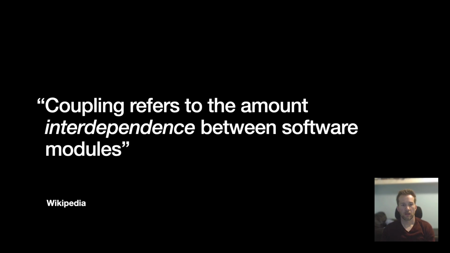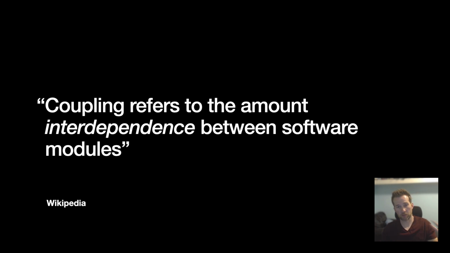I'm starting with coupling because I think this is more familiar to people. You hear it tossed around a lot, but I don't often hear it discussed super deeply. You'll hear phrases like, this is too tightly coupled and that is too tightly coupled, but what does that actually mean though? Coupling refers to the amount of interdependence between software modules. Or it could be any system module for that matter. Another way to say this is, will a change in one module affect or require a change in another module?